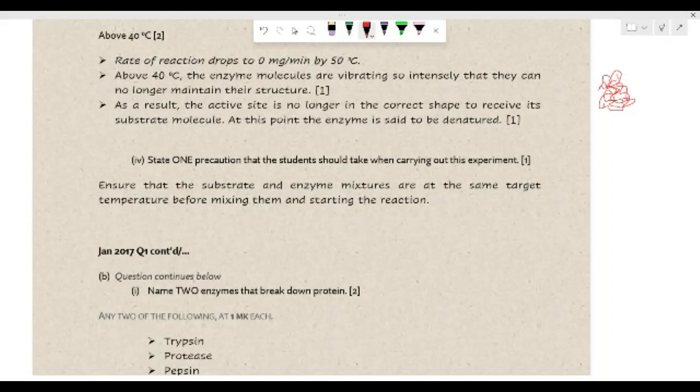Because remember, this is a temperature dependent experiment. This is an experiment that's focusing on temperature. So if you take the substrate and the enzyme, and the substrate is at a different temperature than the enzyme, let's say your target temperature is 30 degrees Celsius, but your enzyme, you're taking it out of the fridge, so its temperature is 20, and the substrate, maybe you had to mix it with some heat, right, to get it to dissolve properly. And so therefore this temperature will be about 40. When you bring them together,